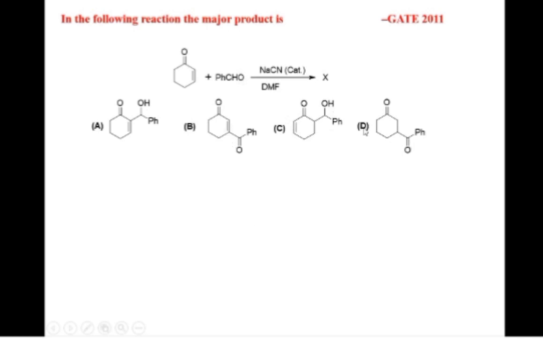Now the two are remaining. Amongst these two, one is an alpha beta unsaturated ketone system, and another one is just simply a ketone. Here, after doing the mechanism like a Michael addition type of reaction and abstraction of proton, it is not possible to have an addition of this benzaldehyde group over here. It is not possible at the beta carbon, and our product should be a ketone, no doubt, but this double bond should not be there. That's why your answer should be D. Do you understand this particular problem?